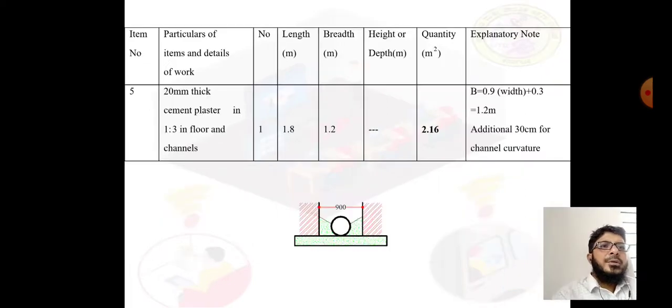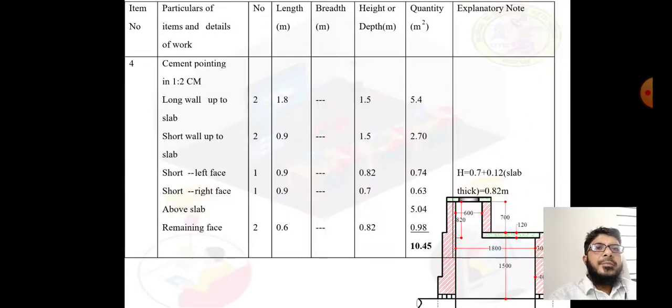Now come to that one, cement pointing in 1:2 cement mortar. So long wall up to slab, that is two numbers, its width is 1.8 meter, and height is 1.5 meter. So you can see in the sketch the dimensions of the wall. Then short walls up to slab, so two,